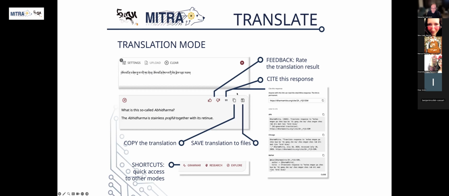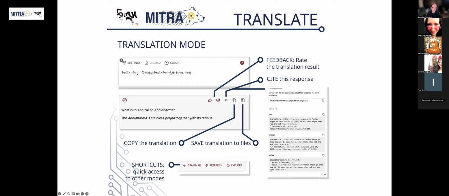Then we have the citation function, which we just added a couple of days ago. This is something that came up again and again. I think it's also in one of the submissions we got in advance of the workshop, where somebody was asking about how to cite Dharmamitra. So we have added this now. If you click on the citation button, you will get a permanent stable link that is stored in our database. We also will make a copy of that on GitHub. So this will be stable data for the future, and you can use these references in the article that you are working on and so on. So this is now added.